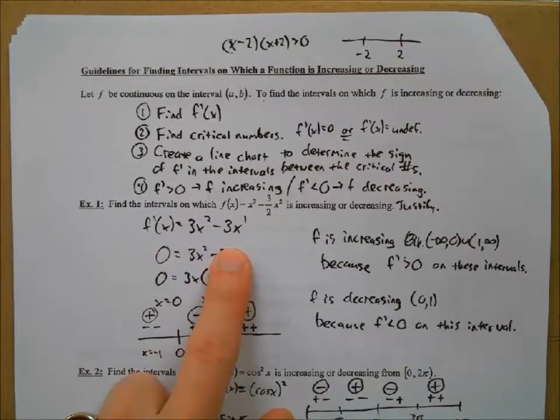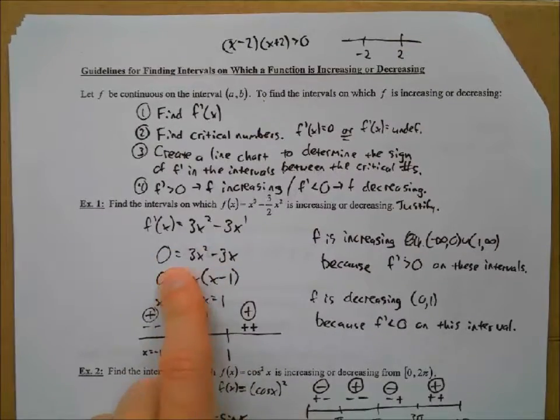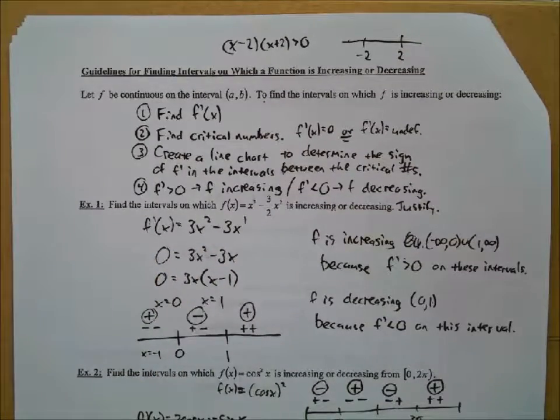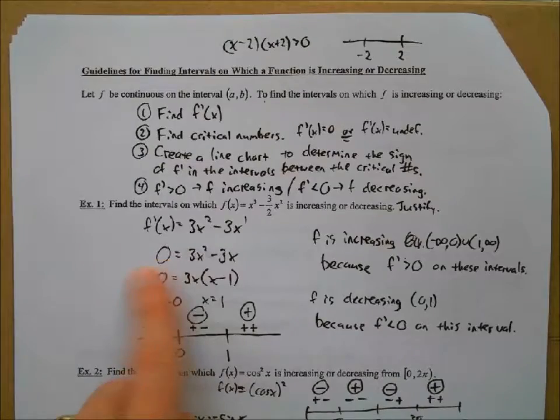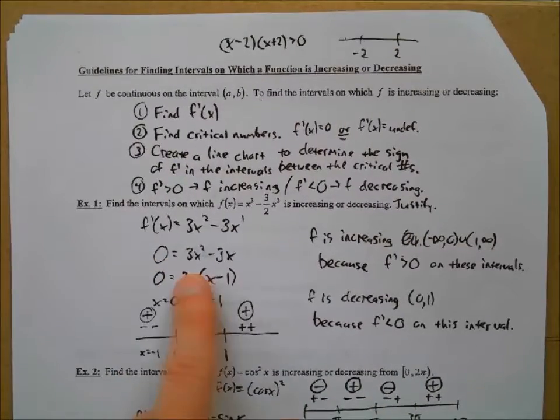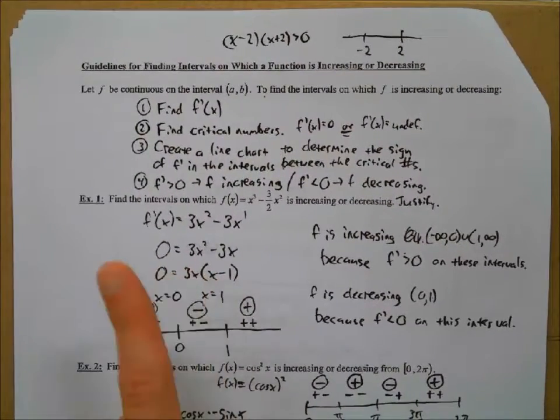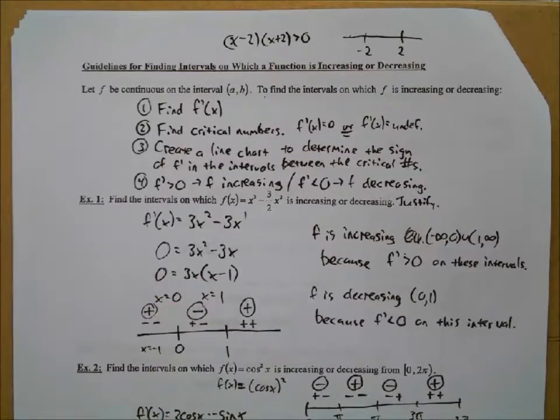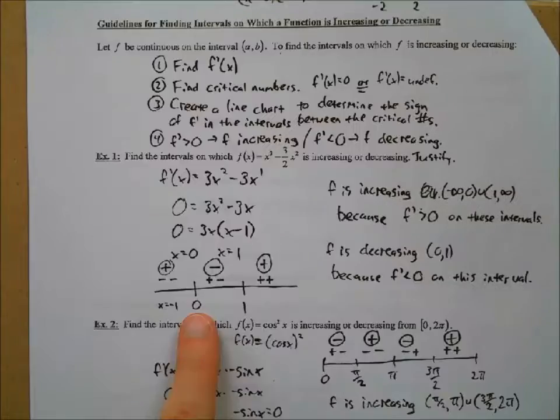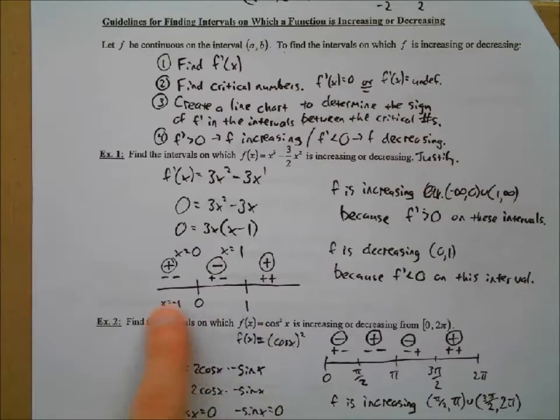Set it equal to 0 to get your critical points. How do we solve this? You need to factor. Do not add the 3x over and divide both sides by x. Factor. Set each factor equal to 0 using that zero product property to get 0 and 1 for your critical numbers. Okay, put them on a number line, and then you pick numbers in each interval here to test back